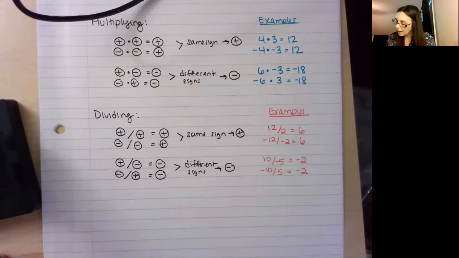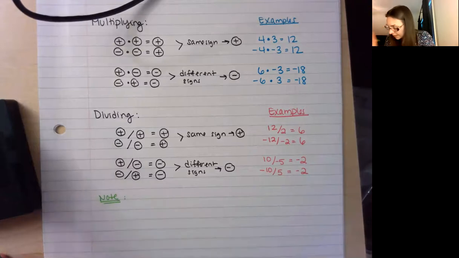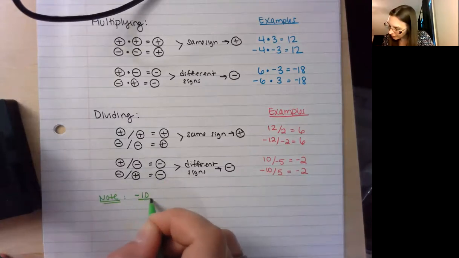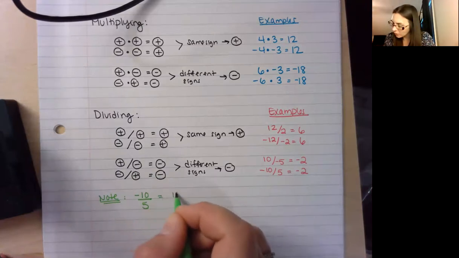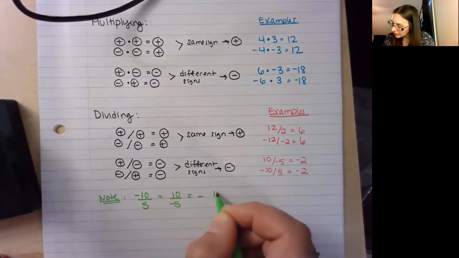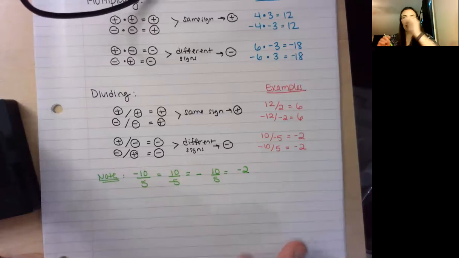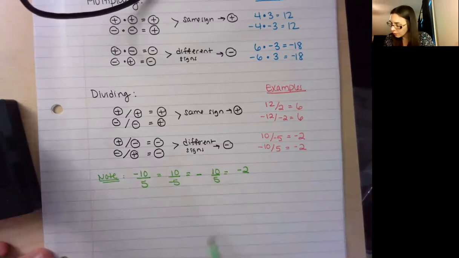Okay. Just as a little note here with division, let's say I wrote negative 10 over 5. That's the same thing as positive 10 over negative 5, which is the same thing as having a negative out front and 10 over 5. So you're going to see with division, it doesn't matter if you have the negative up top, down bottom, or out front, the final answer is still negative. If both of those are negative,